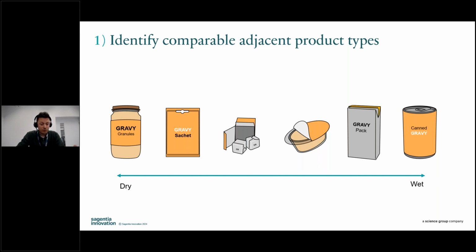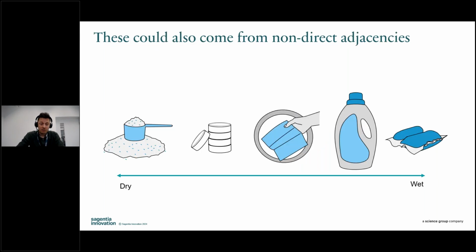So on the left, from dry gravy granules in plastic jars or glass containers to dry sachets, to in the center there, more condensed cubes, to different formulations that are perhaps jelly in plastic primary packaging. We can even then start to get to more wet formulations in a Tetra Pak or in a can. But the nice thing is you can also look at completely non-direct. So we were talking about coffee, we used gravy, but here we could think about non-foods.